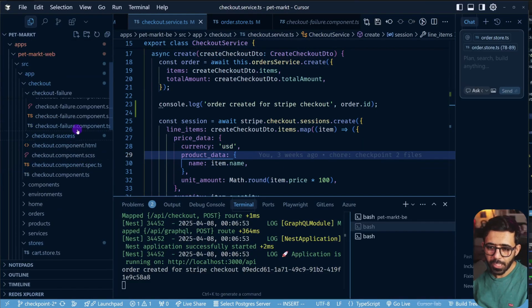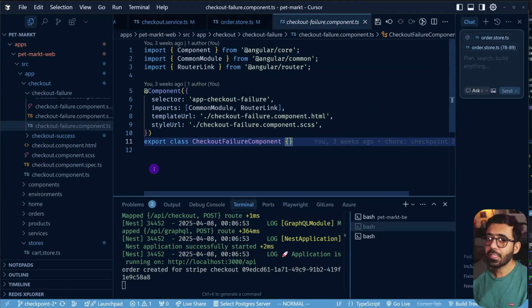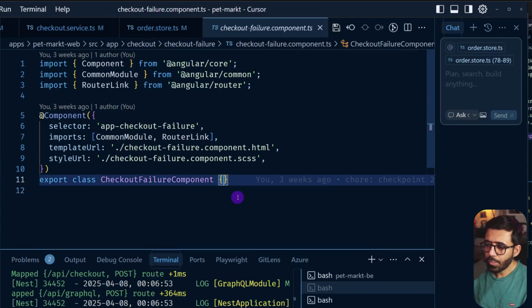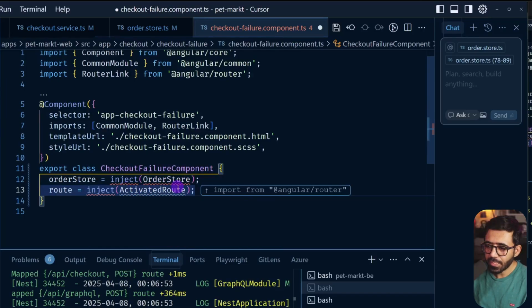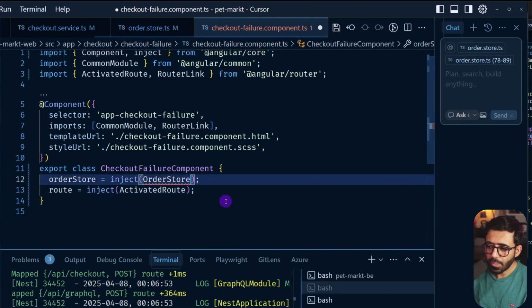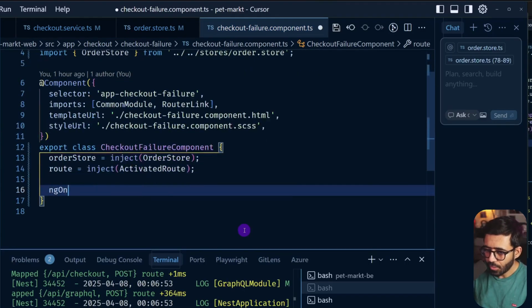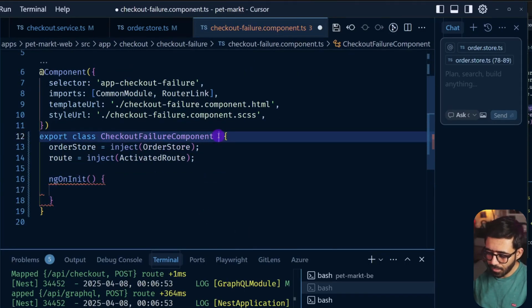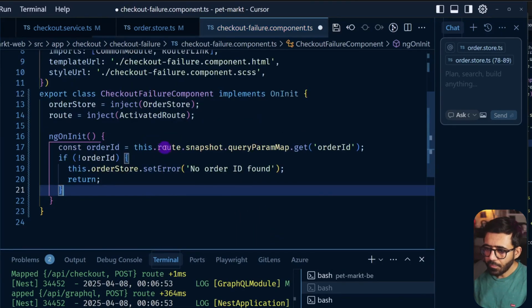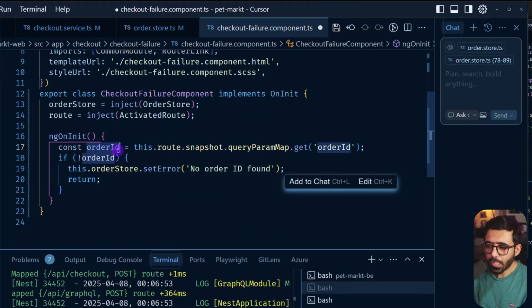We're going to go to the checkout failure component, and here we're going to read the URL as we did before. First of all, we are going to inject both things: the order store and the activated route. So let's quickly add both of them. Now we are going to add ngOnInit here, and it implements OnInit. Then we can get the order ID by saying